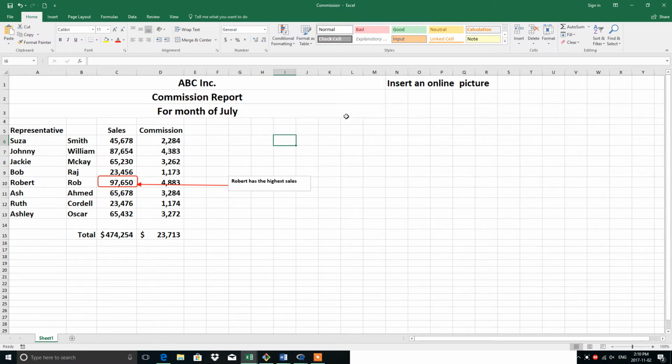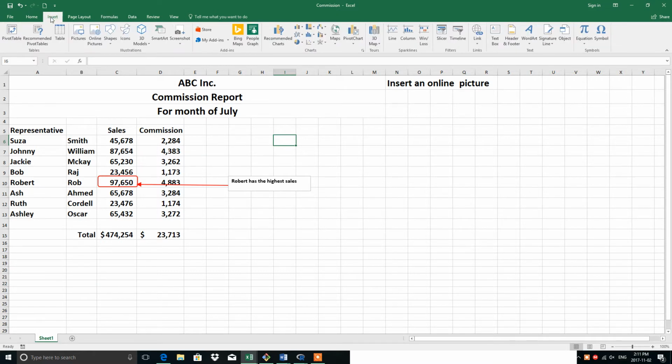In this video, I will show you how to insert an online picture. Suppose you want to insert some picture here related to your data. So this is the data related to commission report or sales. Suppose if you want to enter some sales picture here, so go to the Insert tab in the Illustrations group,